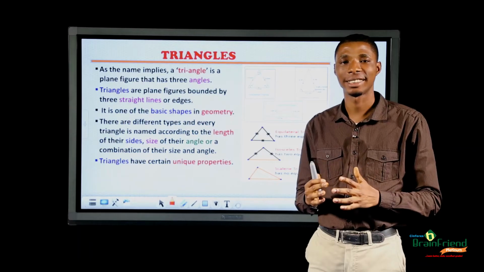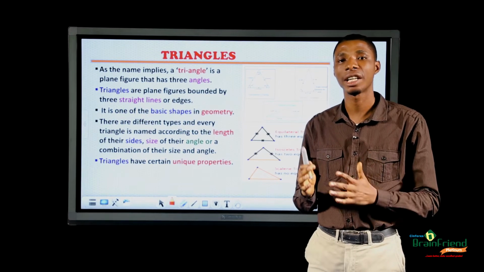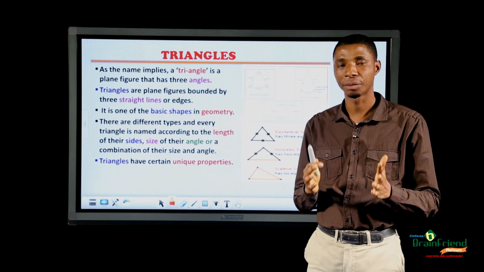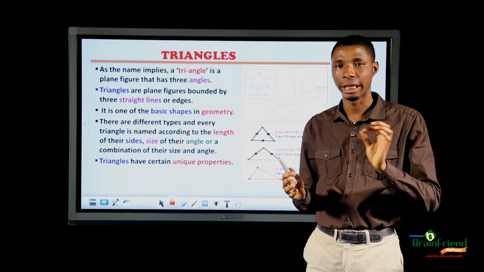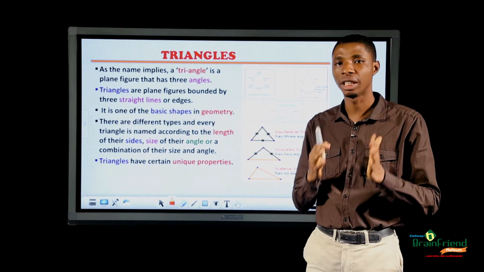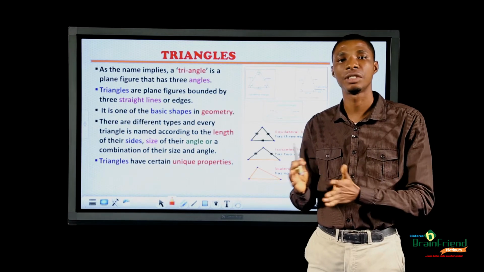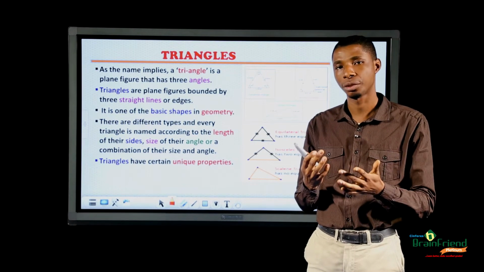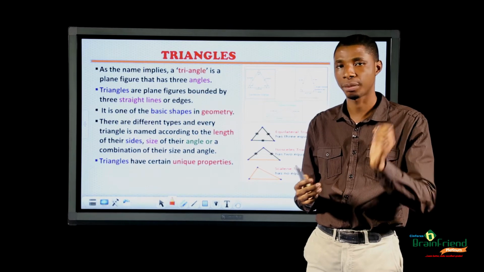As the name implies, a triangle is a figure that has 3 angles. They are figures bounded by 3 straight edges. It is one of the basic shapes in geometry. Triangles are named according to the length of their sides, or the size of their angles, or the combination of both. Triangles have certain unique properties,